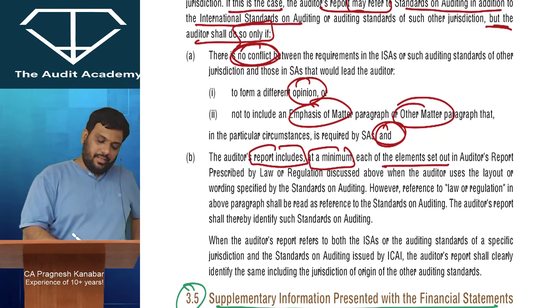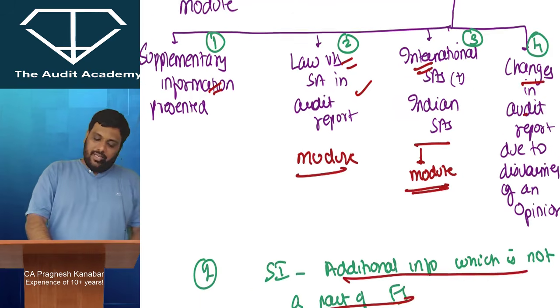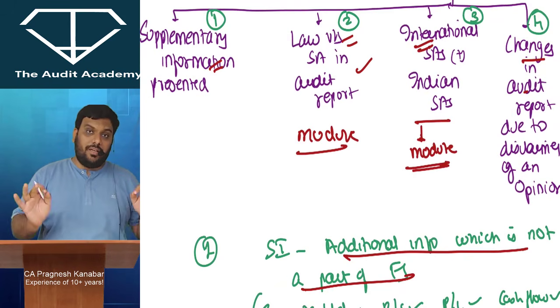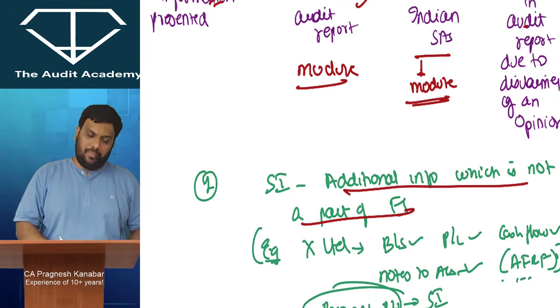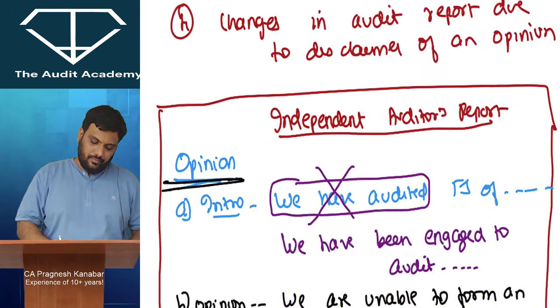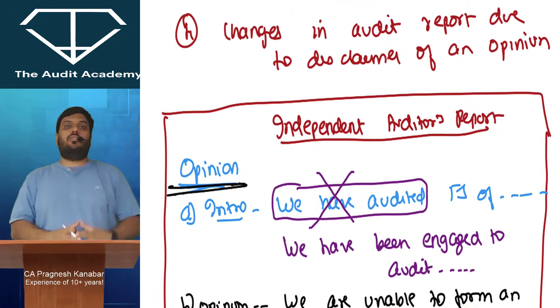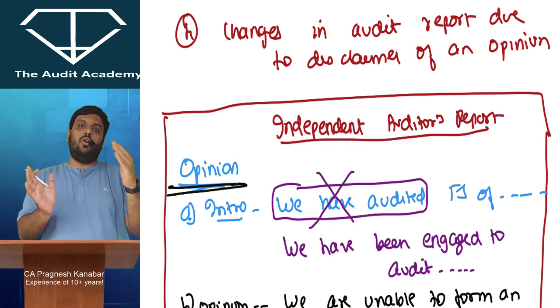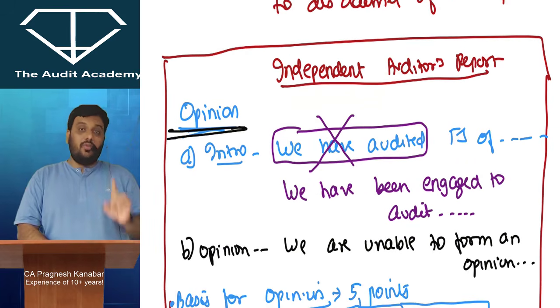All right. Now, last adjustment. Changes in audit report due to disclaimer of an opinion. I told you I will cover it as a part of special adjustments. Now, this can be really sensitive for exams. When you give a disclaimer of an opinion, what are the final set of changes in the whole audit report? When you give a disclaimer of an opinion,